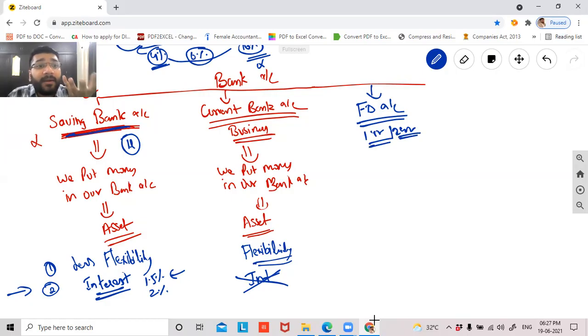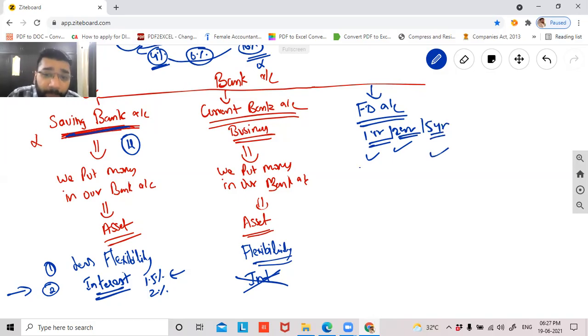Now guys, the banker feels that this money is with me for 1 year or 2 years, so he'll offer you more money, more interest. So here, guys, in fixed deposit, you open a fixed deposit account, you put your 1 lakh rupees or 2 lakh rupees in the FD account, and you'll get that money only after 1 year or 2 years, depending on the term you have selected. Some people put in FD for 5 years.